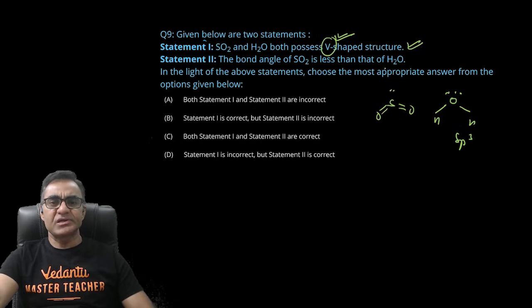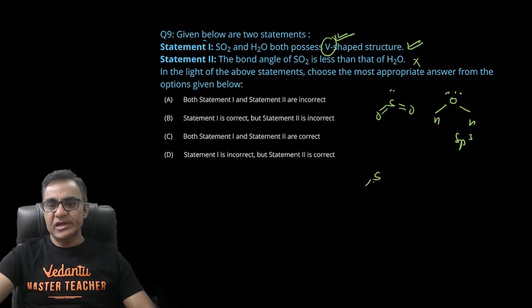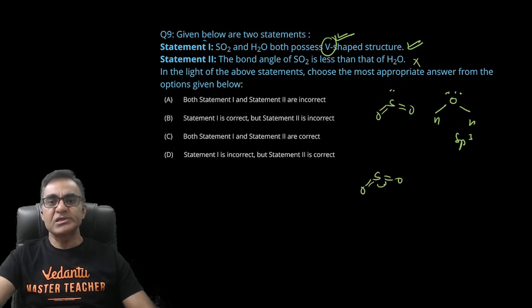बिल्कुल करेक्ट स्टेटमेंट है। बॉन्ड एंगल ऑफ SO2 इज लेस, ये गलत है एक्चुअली। SO2 के अंदर एक्चुअली डबल बॉन्ड का रिपल्सन बहुत ज्यादा होता है, तो इसका बॉन्ड एंगल एक्चुअली ज्यादा होना चाहिए एज कंपेयर टू H2O। तो 1 करेक्ट है एंड 2 फॉल्स है, 1 करेक्ट एंड 2 इनकरेक्ट, सो D इज गोइंग टू बी द राइट आंसर ऑफ दिस क्वेश्चन। ऑलराइट,